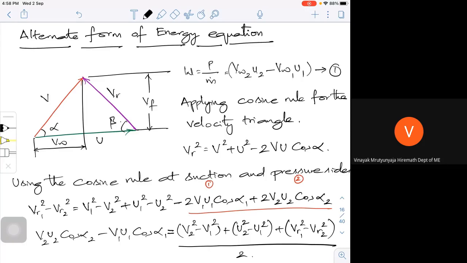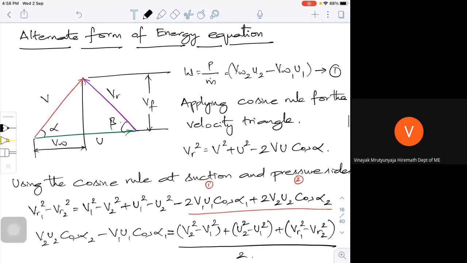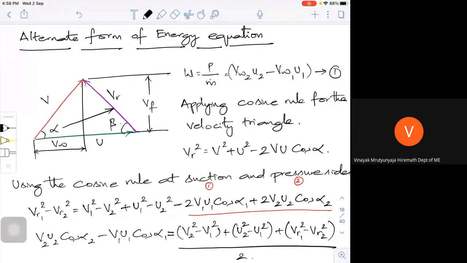I am going to take a triangle. This can be the inlet or whatever it may be. Now if I look at this triangle, what is the cosine rule? The cosine rule tells that Vr square is equal to, just opposite to that, say I am going with respect to alpha. Look at this, see how this formula works. You have this alpha opposite to that vector Vr. Vr square is equal to V square and this component, which is U.